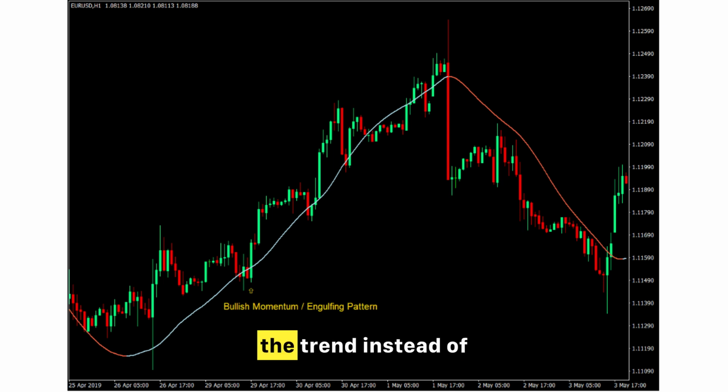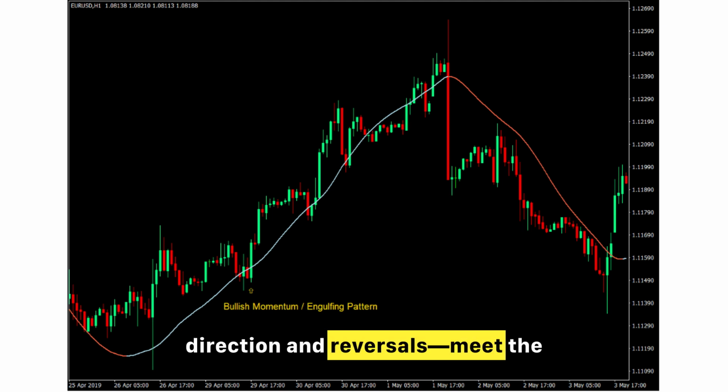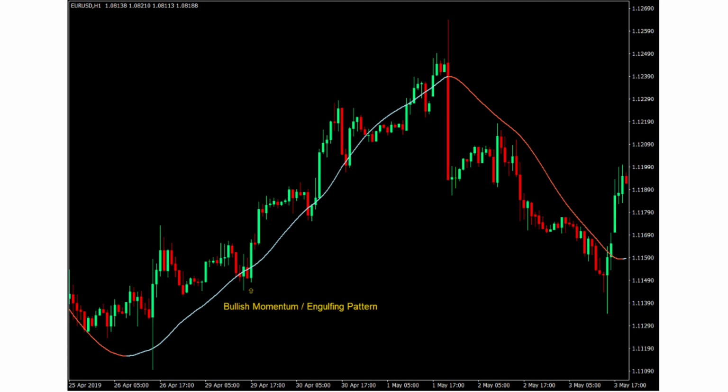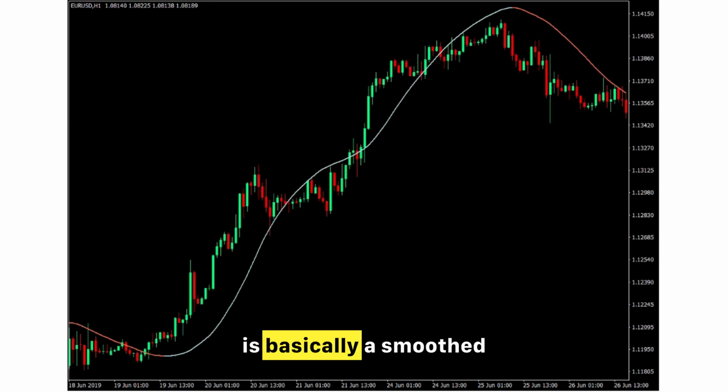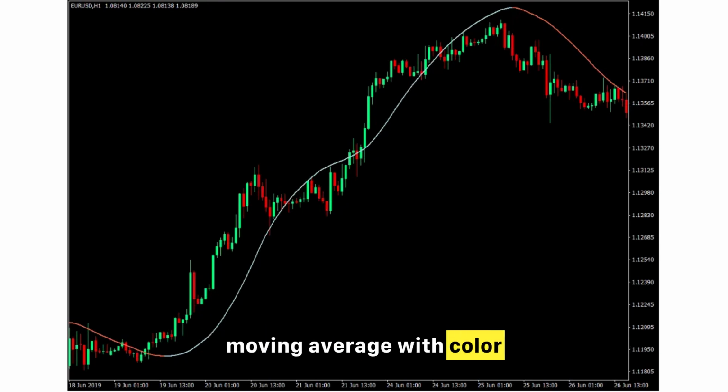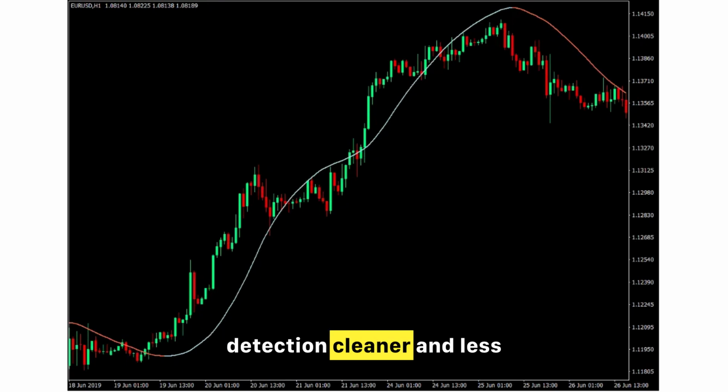Want to trade with the trend instead of against it? Use one smooth line to spot reliable trend direction and reversals. Meet the big trend indicator. The big trend indicator is basically a smoothed moving average with color changes that makes trend detection cleaner and less